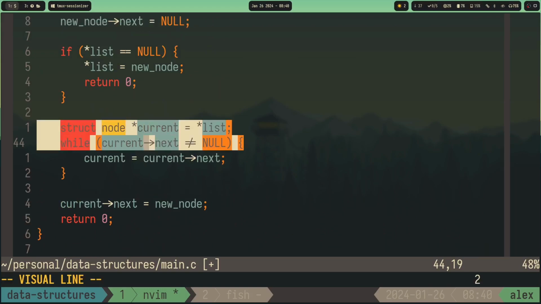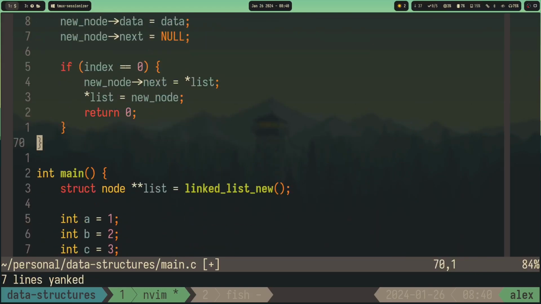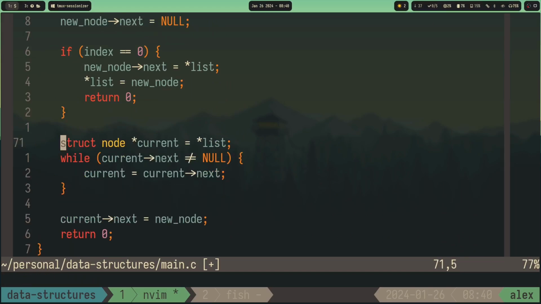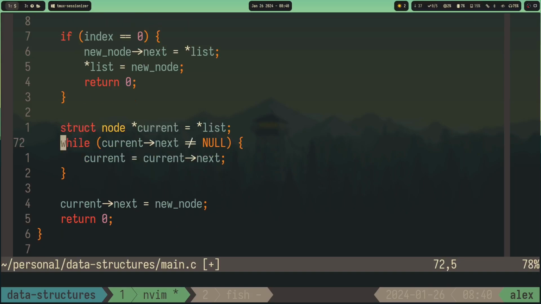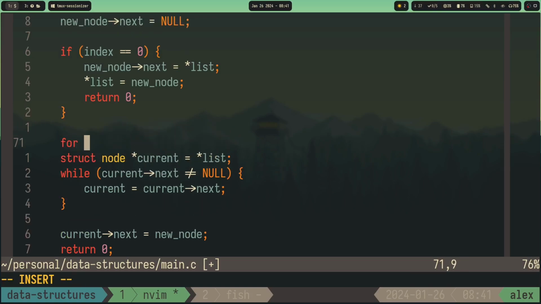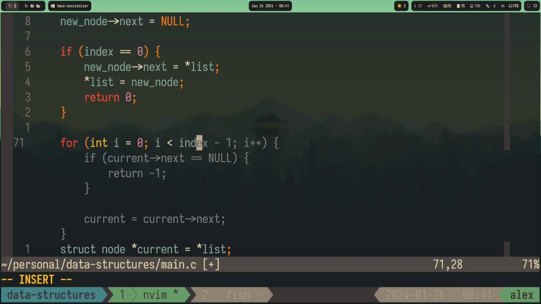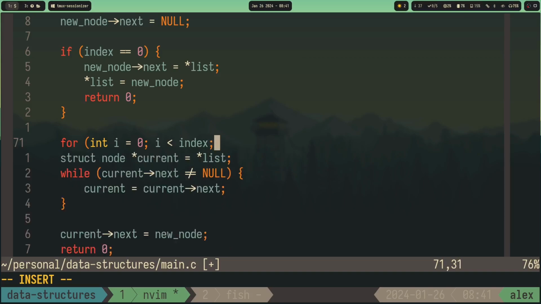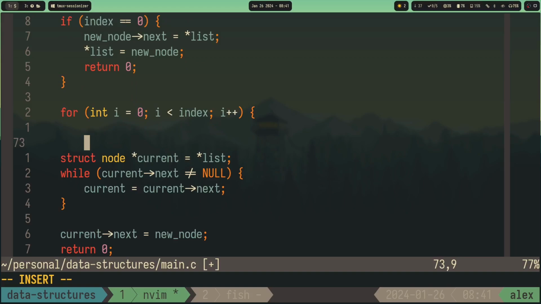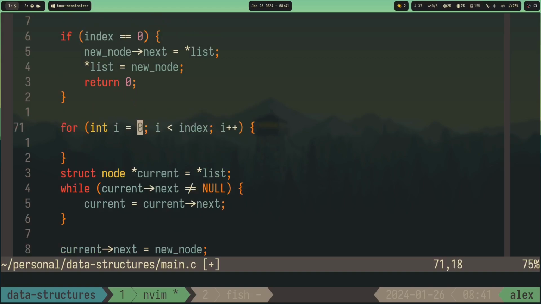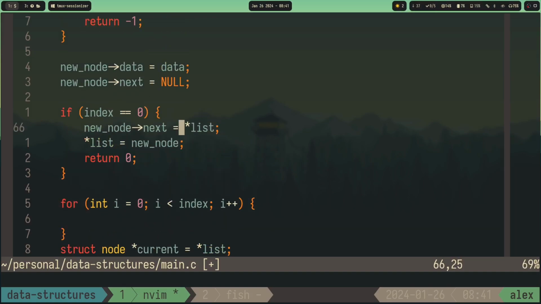Let's see if we can copy paste some stuff. I mean, let's copy paste it and then we change it to whatever we need here. So here, I mean, let's make a for loop maybe. Let's try to use a for loop. For int i equals 0, i is less than index. Well, now it depends. Do you want index or index minus 1? I don't know, to be fair. I mean, index will be at least 1, so